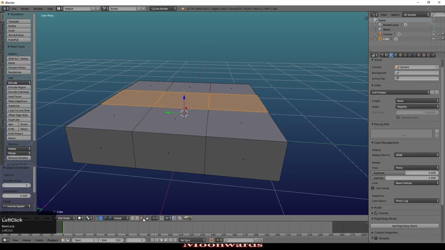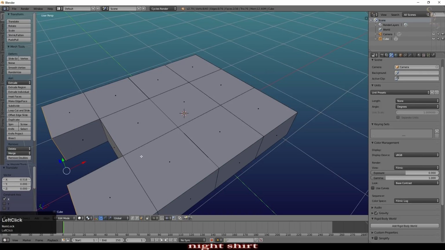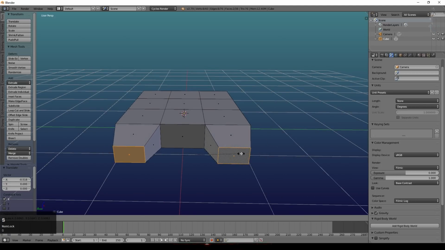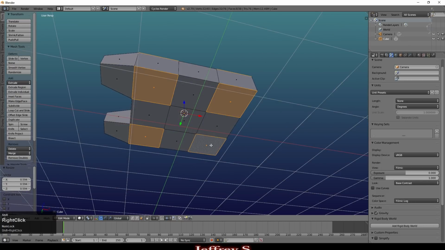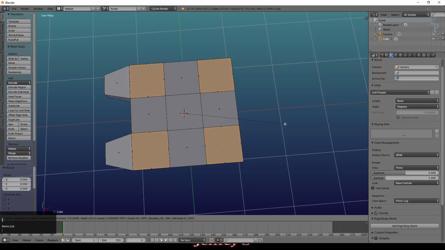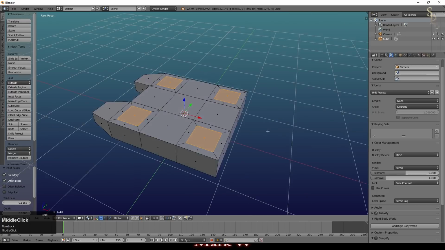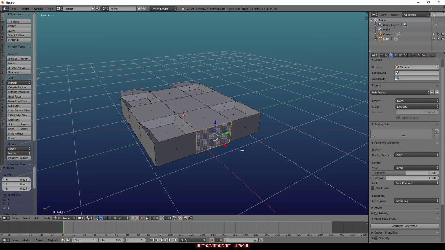And then we can perhaps grab these two faces, extrude them forward, and then perhaps set this to individual origins and scale them down. I'm just going for something somewhat similar to the shape that I created. And then I'll select these faces and these faces. Press I for inset and just make them a little smaller. Then go back to median point and scale on the Z, and that then gives us some extra faces there. And perhaps inset that face as well and push that one in too.